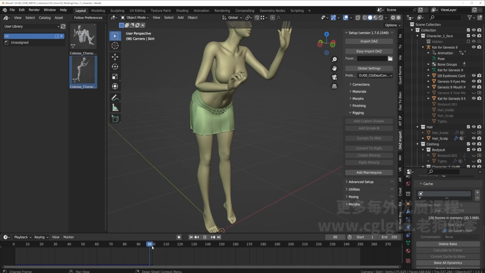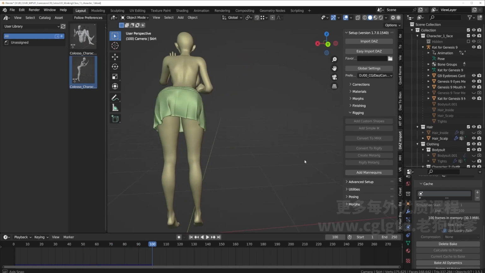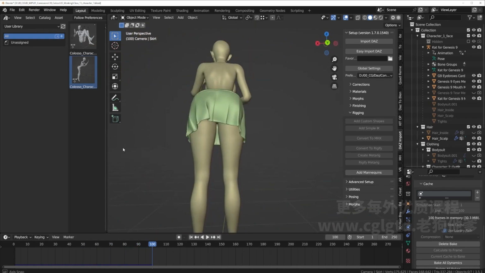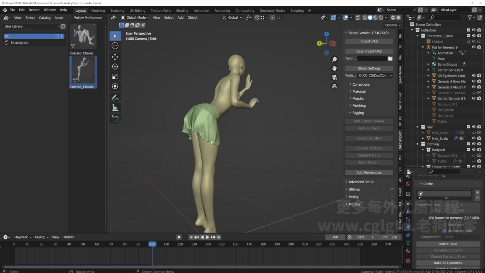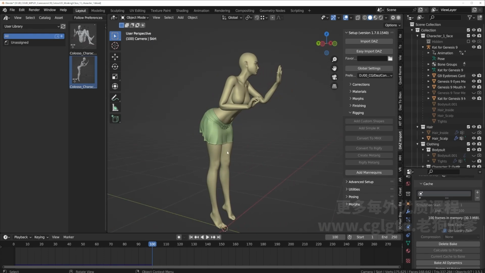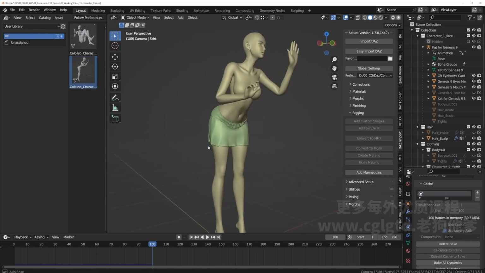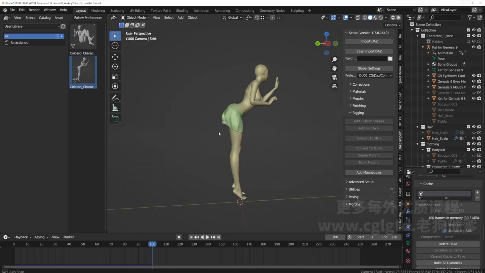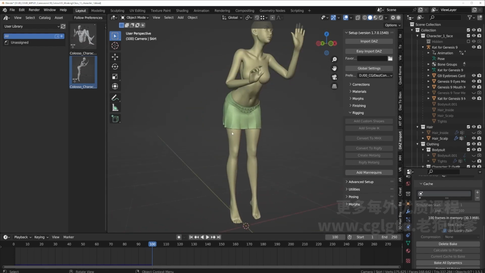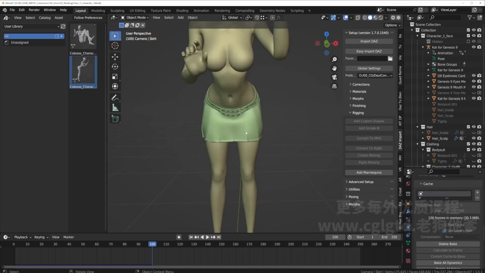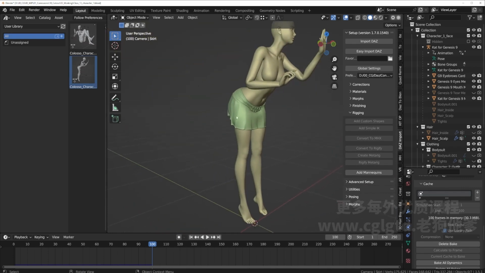Let's see how it looks when we push this to 100. Okay. Yeah, it's a little short at the back. We can give it a little more length. Or if you want it, you can just have it like this. It's also fine. But I think right now it's looking okay. It's sort of like those hard leather vinyl